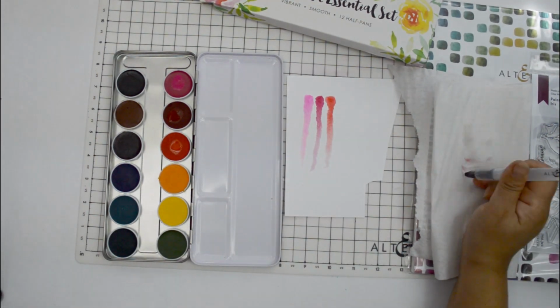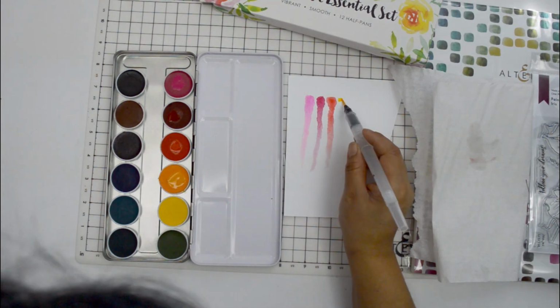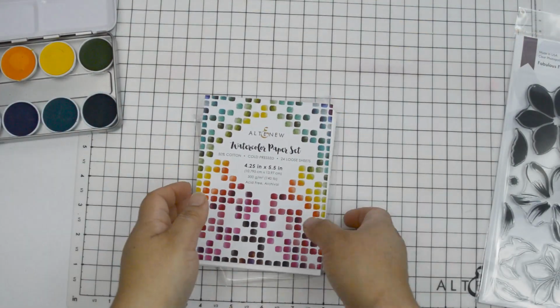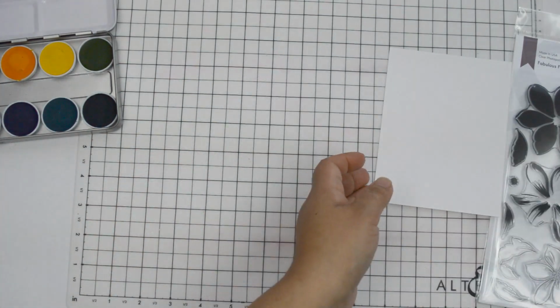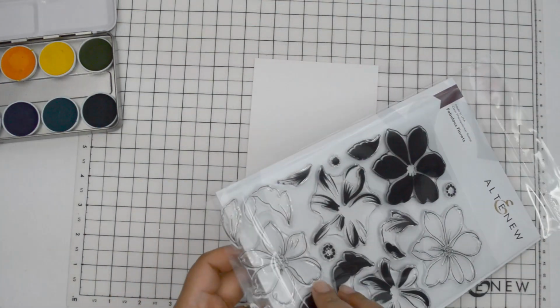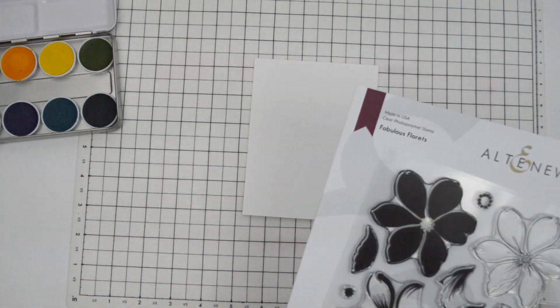So all I do is pick up a bit and just stretch it until my paintbrush pretty much comes clean, and then you're gonna see that I clean it. I just want to have an idea of how much I can play with this watercolor. So I'm gonna put that aside, and I'm gonna take one of the watercolor papers. It's a cold pressed paper, which means it's really white and it has a really fine tooth or a grain on the paper. So what I'm gonna do is I'm actually gonna use these as the Fabulous Florets,